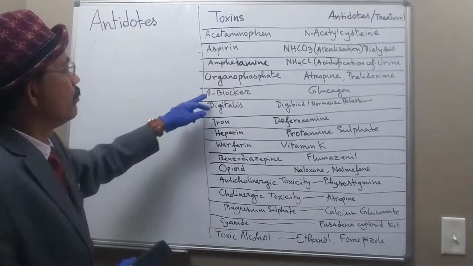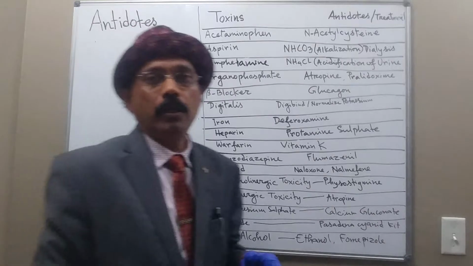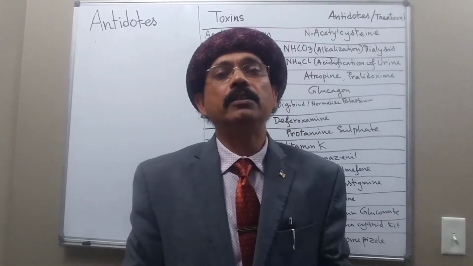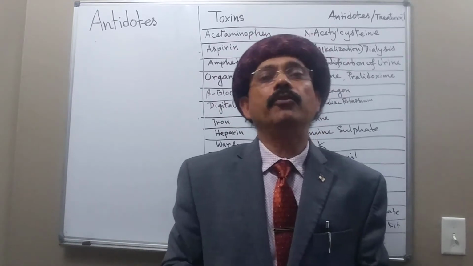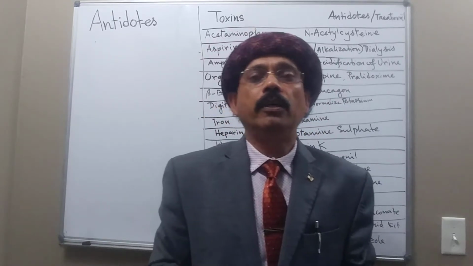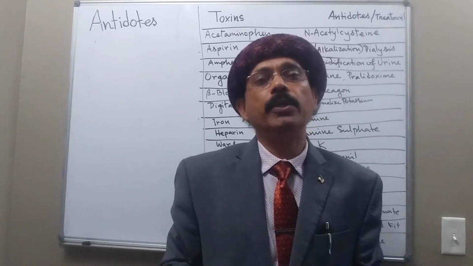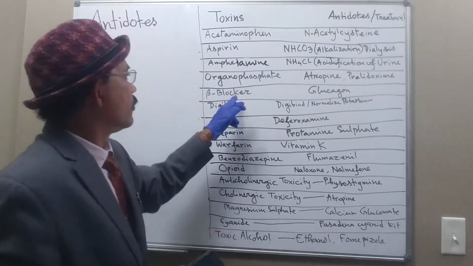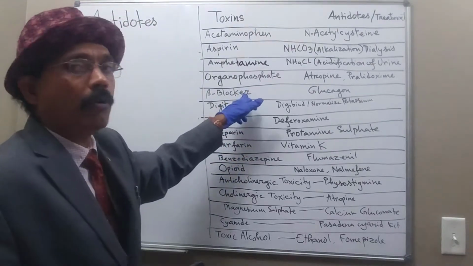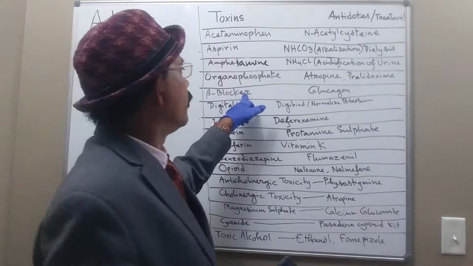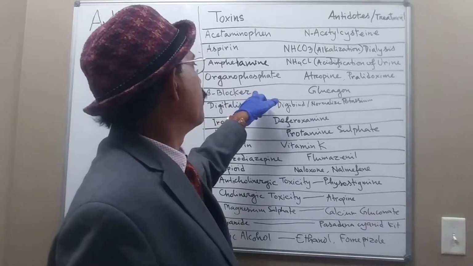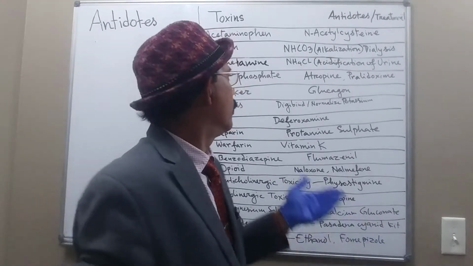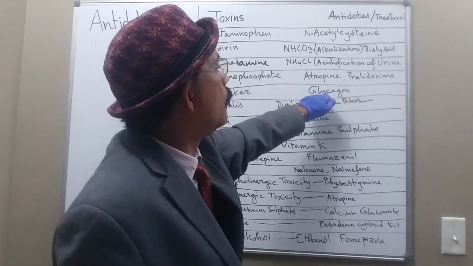Okay. Beta blocker. A beta blocker is an antihypertensive drug. It decreases the heart rate. It may be used in case of hyperthyroidism and cardiac arrhythmia. It is also an anti-anxiety drug. This may be a non-selective beta blocker like propranolol, or a selective beta blocker like atenolol. Its antidote is glucagon.